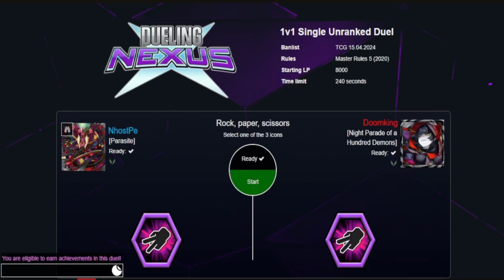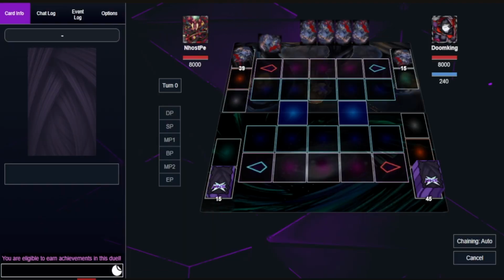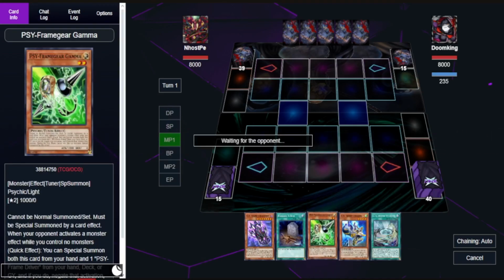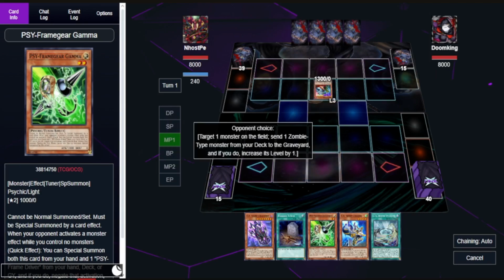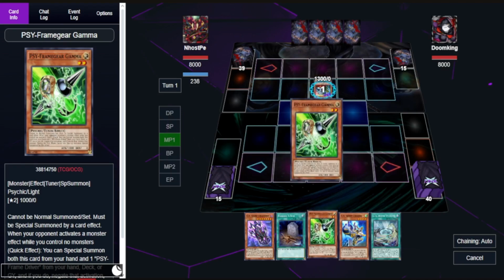Alright, Doom King. Someone, Knight of a Parade of 100 Demons. I think they're gonna cook very hard there. That's so weird, man. You see, now I open Gamma, now I kinda like the fact that Unizombie effect. He used a normal summon. Yeah, I'm gonna Gamma that, cause...